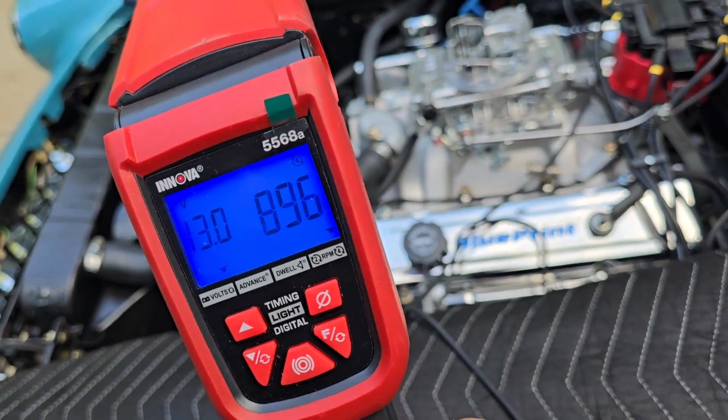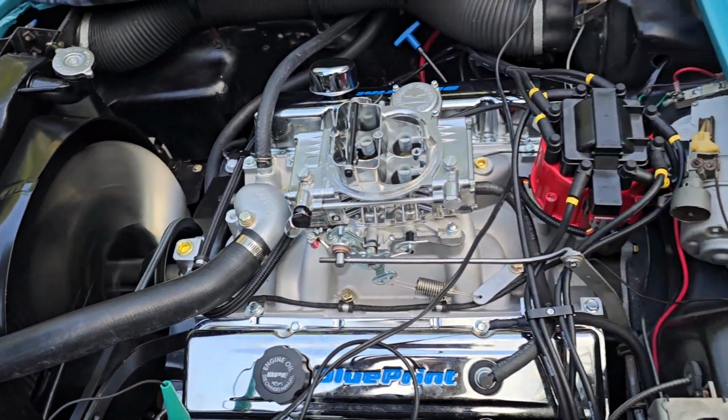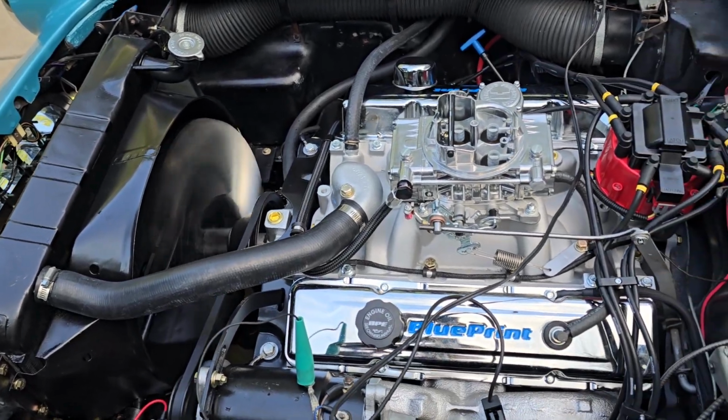But I'm saying the idle is so. Don't push this button. I mean, I don't feel